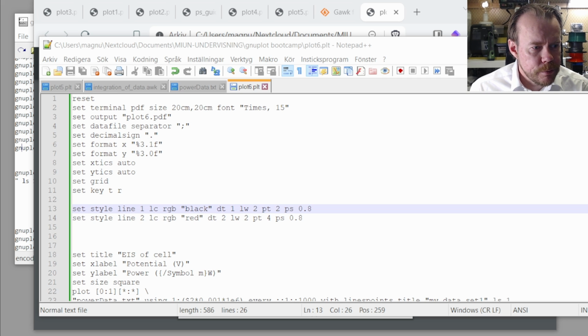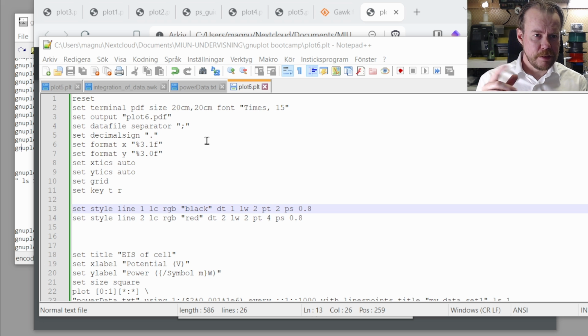All right, the last part here now of the bootcamp, that is to use AWK in a little bit more advanced way, and that is except just summing up values in the column, or if you want to make a derivation, you would make the difference of each consecutive value. Then, because it's a programming language, you can make logical decisions based on what kind of values you have in the columns. And there is a good example where this becomes handy, and that is in an experiment from electrochemistry again, where we do what we call charge and discharge with a constant current of a cell. So we have a battery cell that we're charging up, and we charge it up with a constant current,